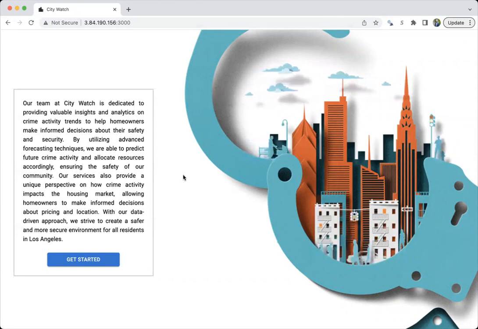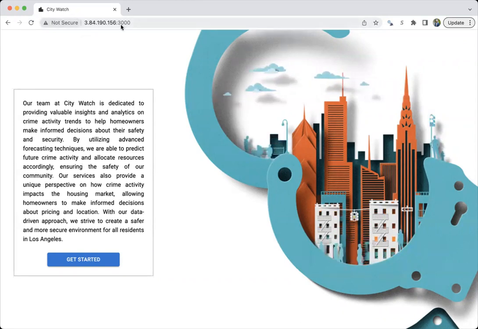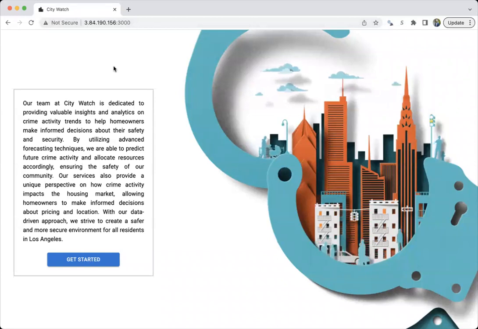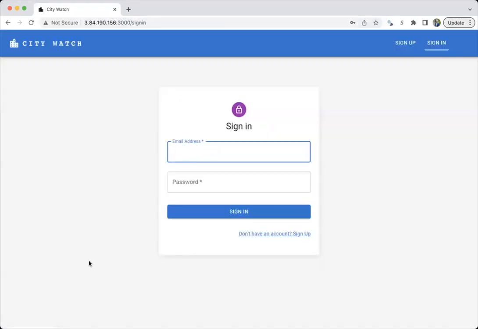So this is the landing page of our product. We have deployed our application on AWS EC2, so it's a cloud-based link. Anyone who has access to the link can just get started. So let's get started with this. This is the landing page and this is the value proposition we have, and let's do it.